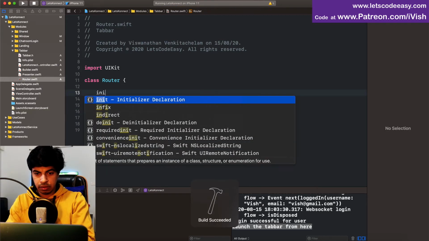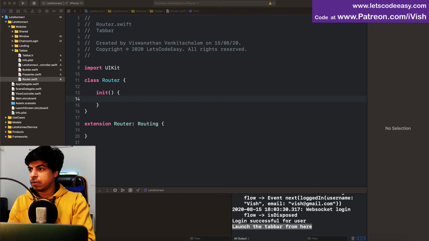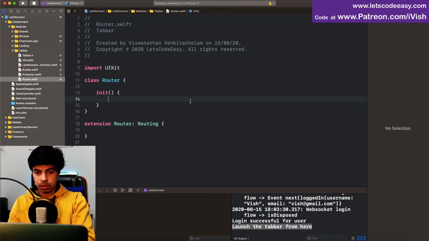Init, and what are the things you need within init? We need the view controllers. So view controller needs to be referenced,